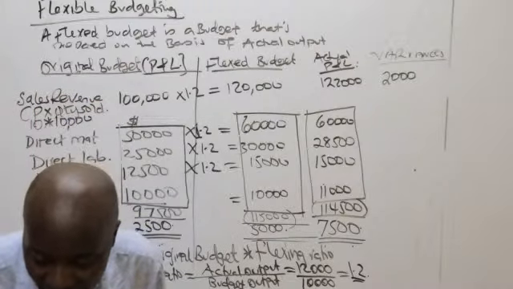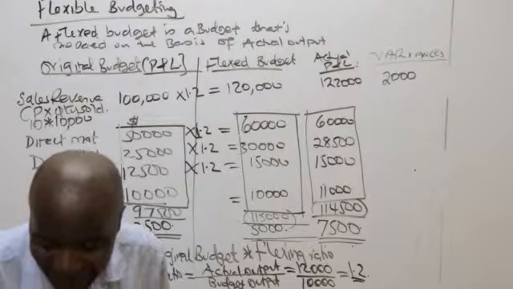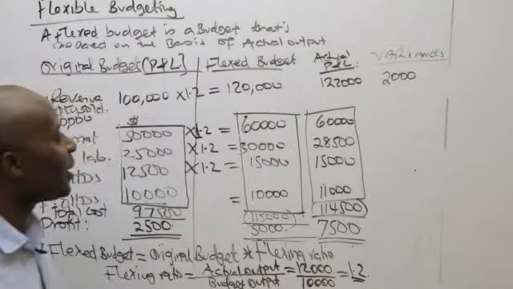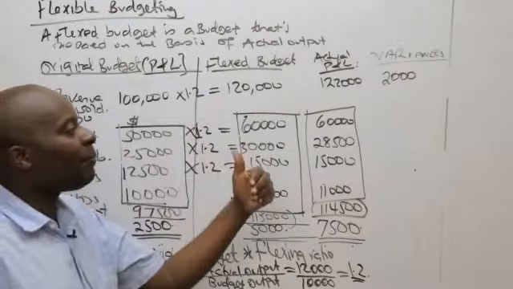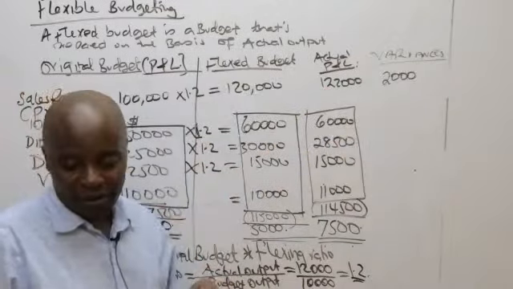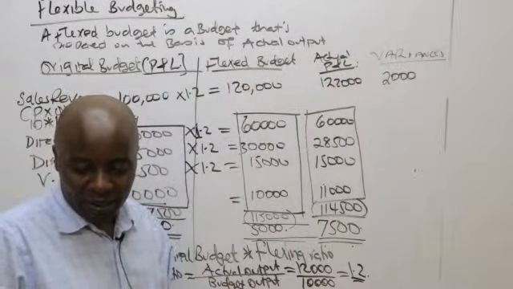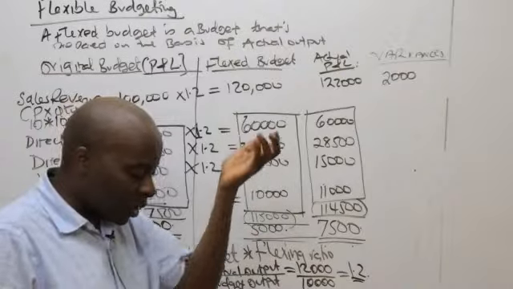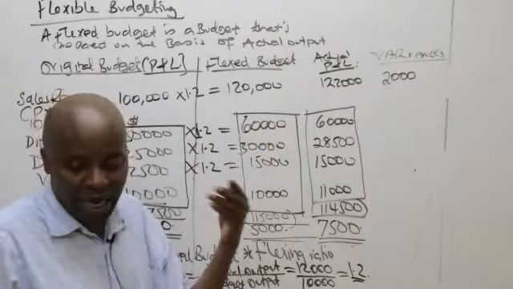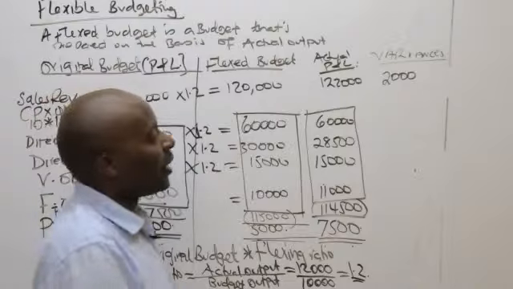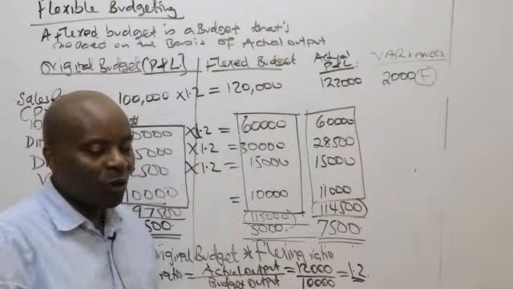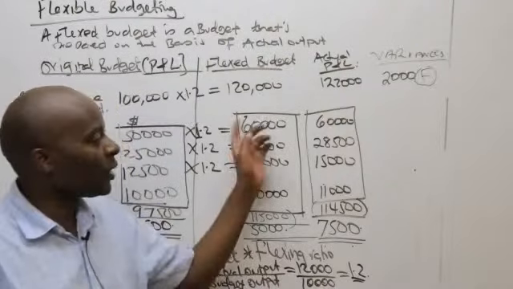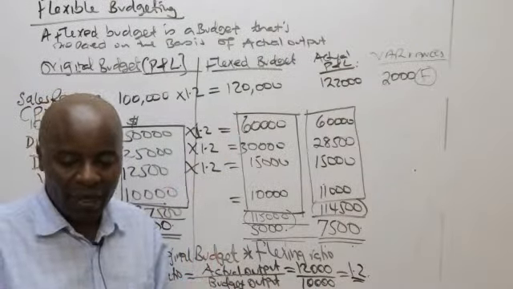Yeah, most of them are saying adverse. I have Connie saying favorable. Look at this, ladies and gentlemen. We had budgeted to make 120,000, but we ended up actually making more. So in terms of sales revenue, if the actual sales is more than the budgeted, then we can't complain. So this automatically gives us a favorable variance. My students have forgotten our variances, where we say that when you are subtracting and you happen to get negative for sales variances